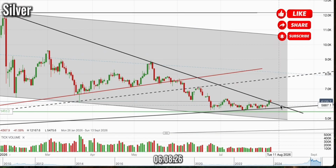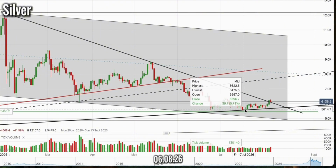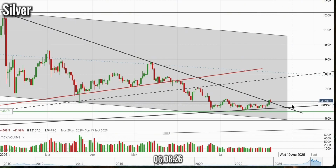Okay, if it goes down, then we can work our way slightly lower to about 58. As long as it doesn't break this zone, will be positive. So far, it hasn't broken it, so let's keep that in mind and let's see what happens. But if it keeps going up, and if it can rally up, 76, 77 will be your next target. Okay, so now let's have a look at